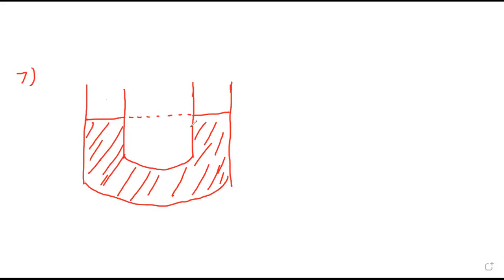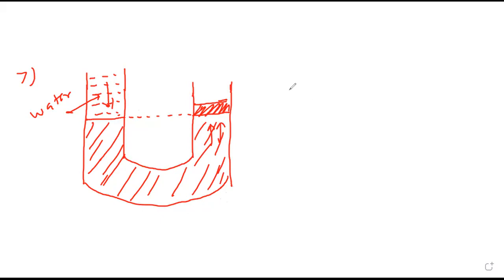If water is poured to height of 13.6 in one arm, what will happen then? Pressure on the left side, due to this water, it will increase. Earlier it is atmospheric, now plus water. So due to which this mercury will rise on the other side. This is applying additional pressure. So there will be rise here. So we want what is that mercury level rising in the other arm.